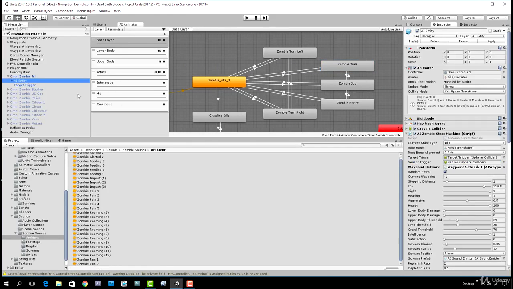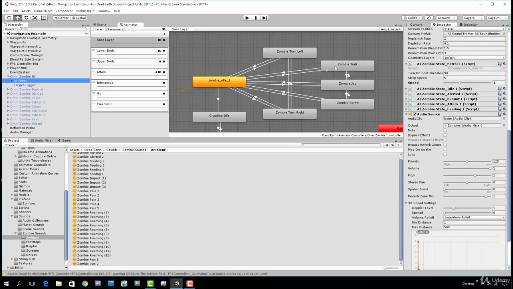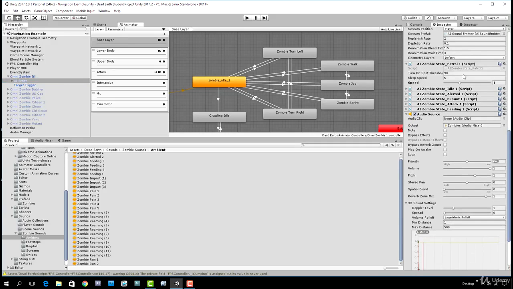Before pressing play to test if this works, I'm just going to check that Jill has been set up so that we're going to use the walking and the idle states in our base layer. So let me just check I have set idle. Yeah, I've set idle to 10 seconds, and I've set patrol to speed 1, so it's going to use the